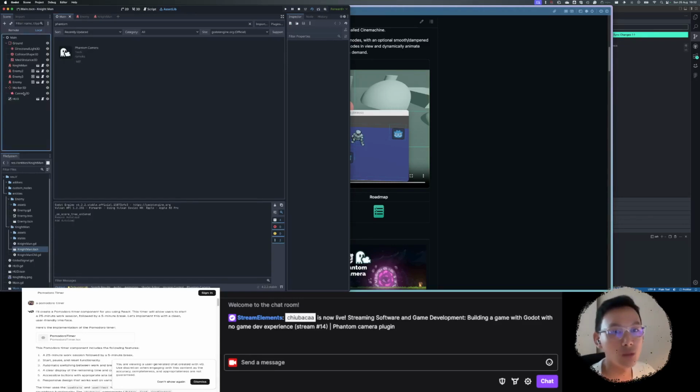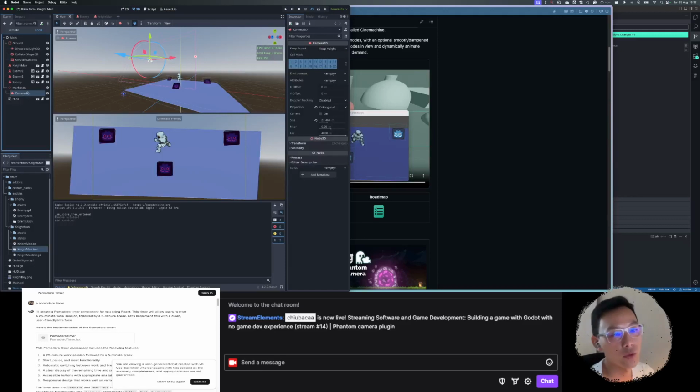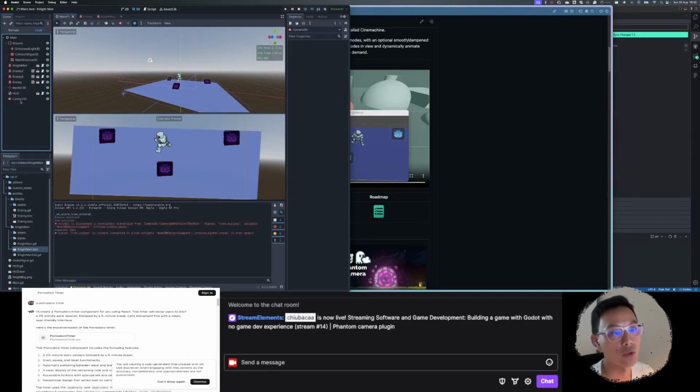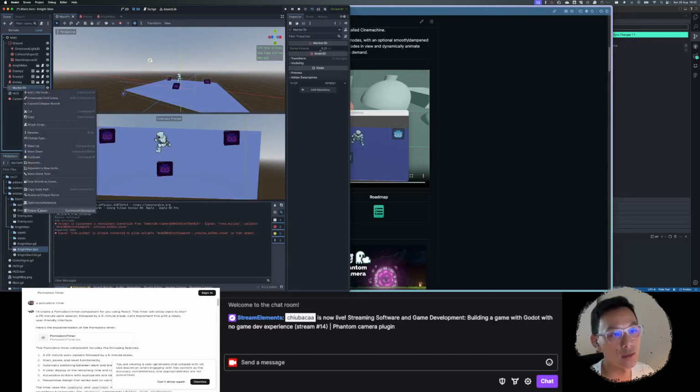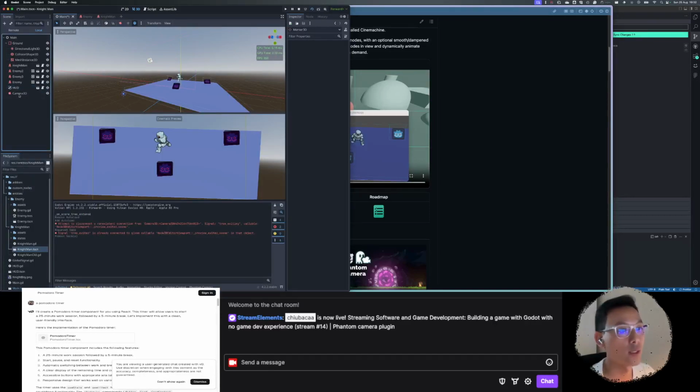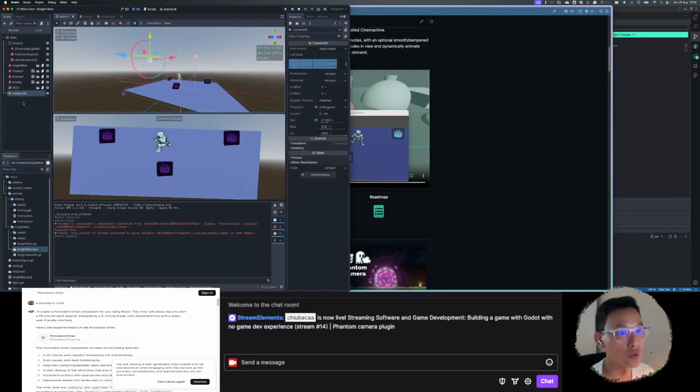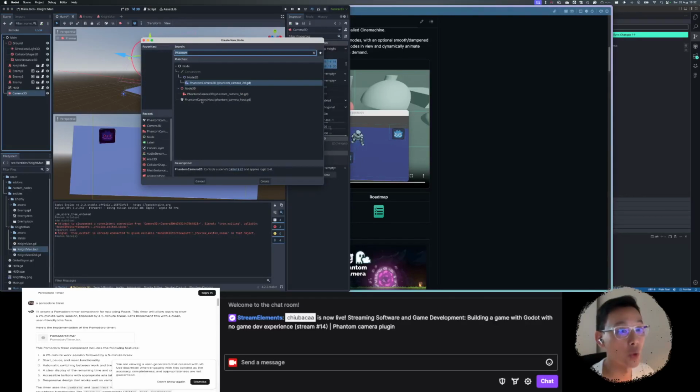To get this to work, I already have my camera system connected to a Marker 3D. That's actually wrong. I don't want that. So I'm going to move my camera out to the root level. I'm just going to delete this. So just ignore that. We just need to have a Camera 3D at the root. And the next thing we need to do is put a camera host against the Camera 3D. You need to do the same thing if you're using a Phantom Camera 2D in a 2D game. So we do that. And then the next thing we need to do is create a